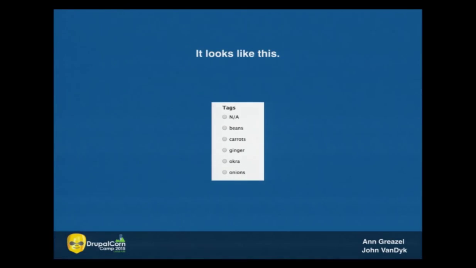And one, before you go off that slide, one mention here. The one at the top there, the n/a, that is a very special thing. It's kind of like, hey, none of these terms really apply. And how you get that to appear or disappear is by making this either a required field on your content type or not. So if you make it required, that n/a is not going to be there, and the user will be forced to choose one of the terms that you pre-selected. And if it's not required, then they can always say NA.